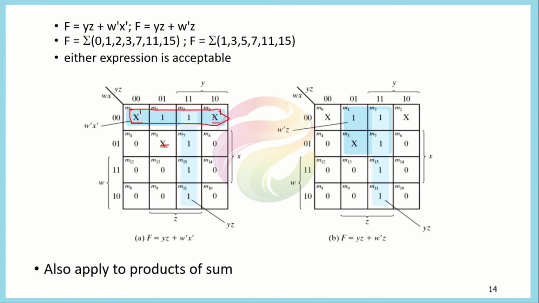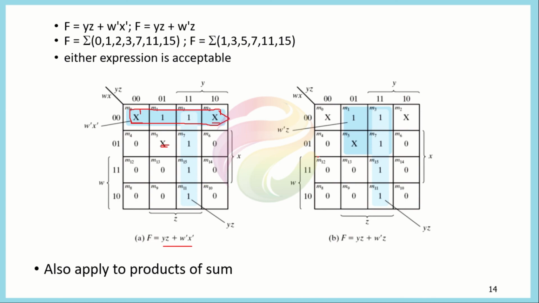So if we combine them, then on a 4 variable system, this expression would result in a two literal term. Similarly, all these ones are already combined here. This expression is already represented by the two literal term. So we have the final expression here as this one. We didn't use this don't care term because we didn't have to utilize it, because if we put a one here, then that would add an extra expression to it, and that would have increased our circuit or the number of terms or literals here.